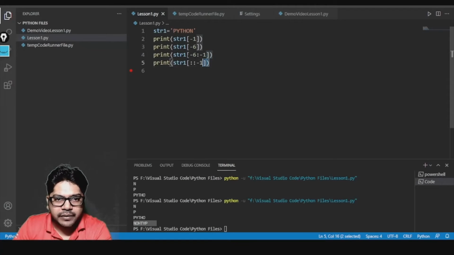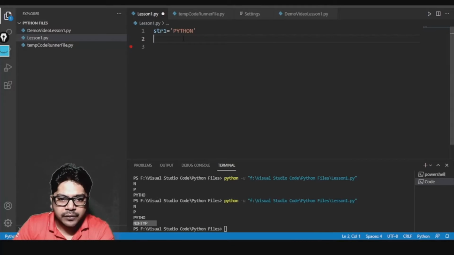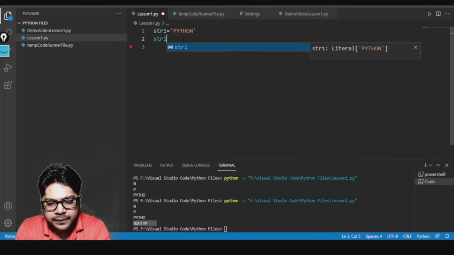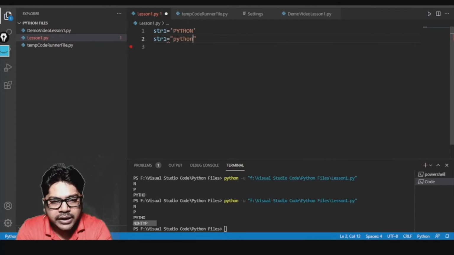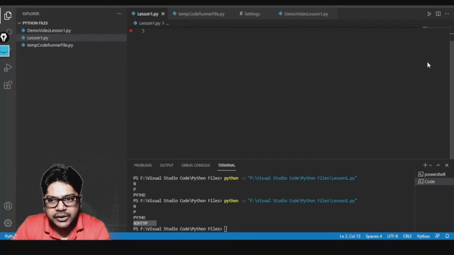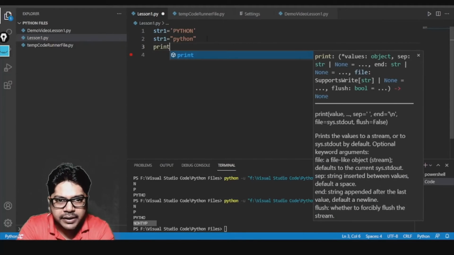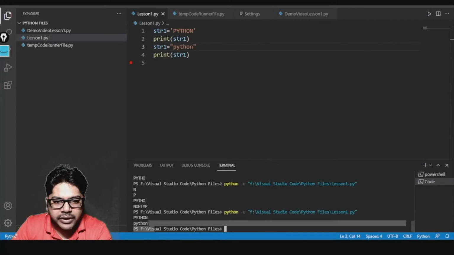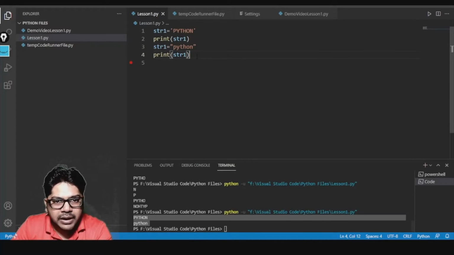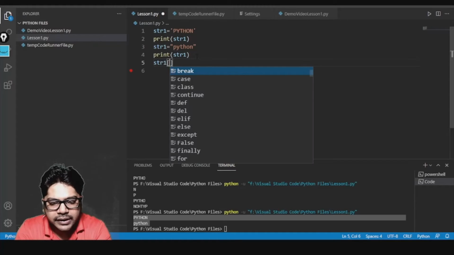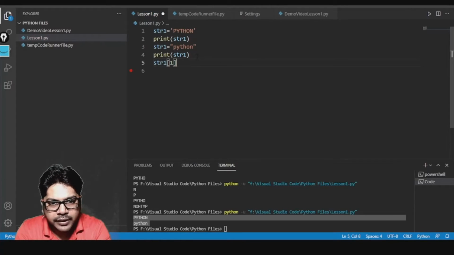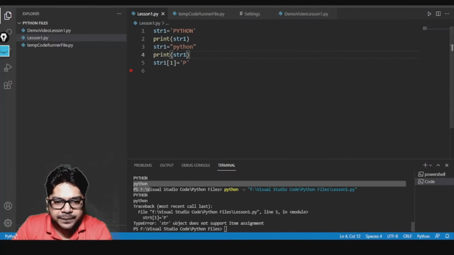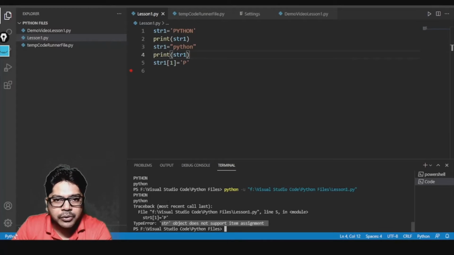Here I want str1 to be having python. I'm changing the case from uppercase to lowercase. Then if I write print str1, and I'll copy this line and print it before also, Control Z, Control C, and then Control V. Now you see I'm getting 2 times Python, so reassignment works. But let's suppose that I want to do like this: str1 index equal to, and then here I want to write capital P, and now you see I'll get an error. Can you see? str object does not support item assignment.